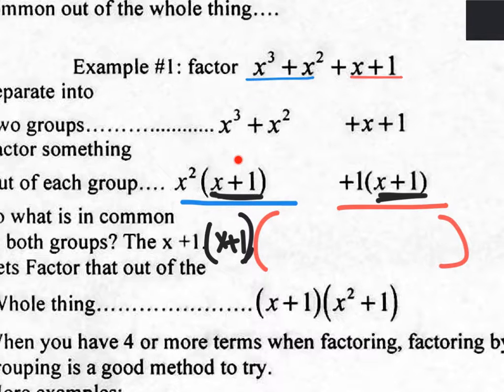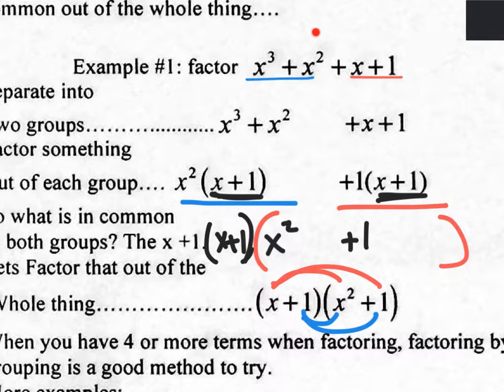And now what would be left? If I pull this x plus 1 out, there's going to be an x squared left over. So I put the x squared right there, and I'll purposely leave a blank spot here because it's gone now. And if I pull an x plus 1 out of here, what's going to be left? Just a plus 1. So the x squared is left over and the plus 1 is left over, so I put them in there. And ladies and gentlemen, we have factored by grouping. If I were to distribute x times x squared, x times 1, and then 1 times x squared and 1 times 1, we will get the above